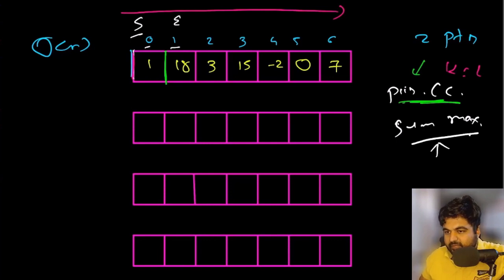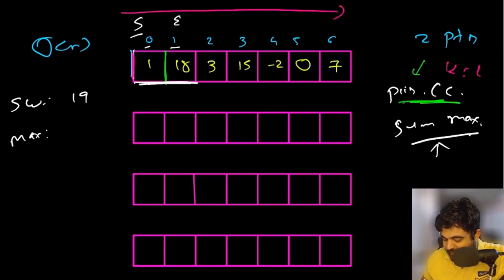Okay, now what we are going to do is the sum of these 2 values. So currently the sum of the window is going to be 19. At the same time we are also going to have a max variable where we keep track of the maximum sum we have found so far. Initially this max value is going to be the lowest value possible, and if for any given sliding window the sum is greater than what we have, we would update our maximum variable. So in this case currently the maximum window sum we have found is 19.